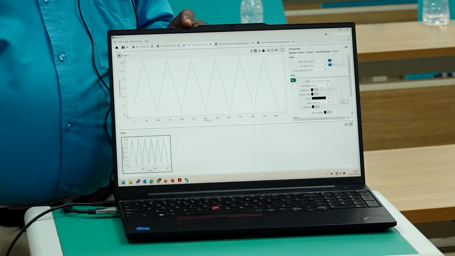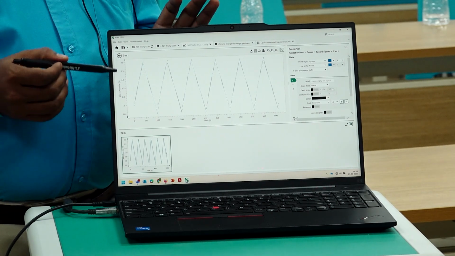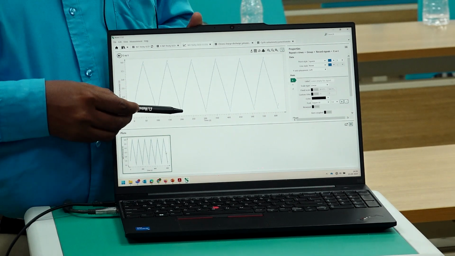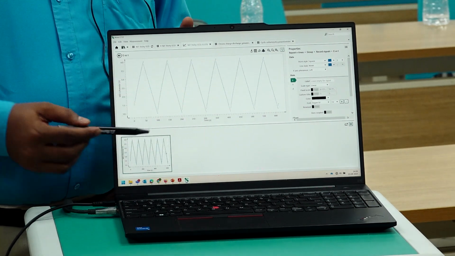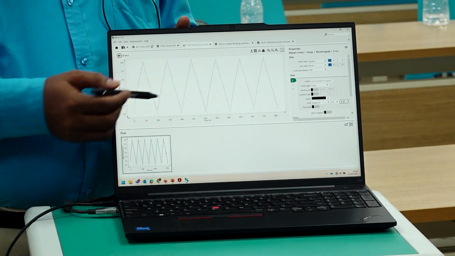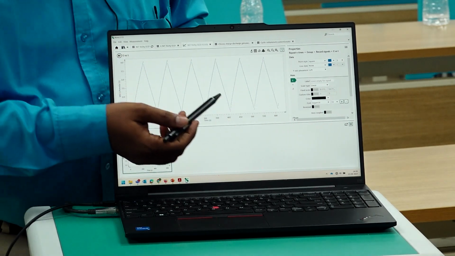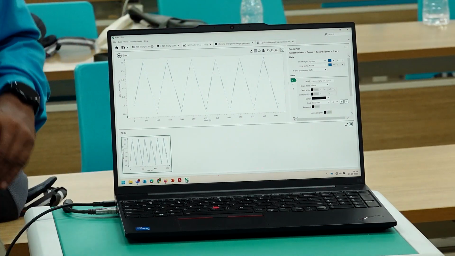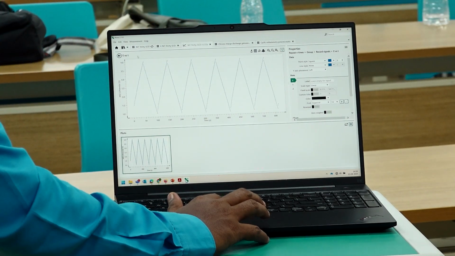In the same way, I don't want to discharge to 0%, I will stop it at 10%. So I am coming down to 1 volt, then I go for the next cycle. This is how all your charge discharge data will look. This data is collected for, I think, 7 cycles. Maybe if you collect 10,000 cycles or something, then your